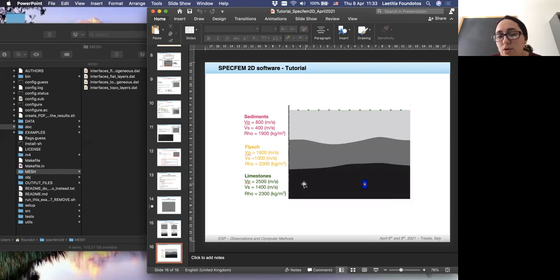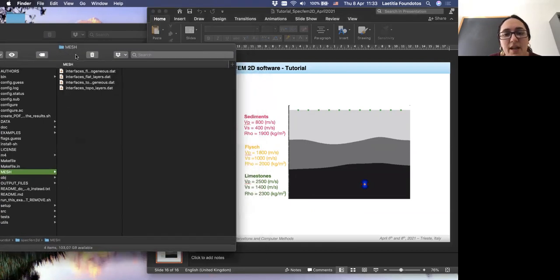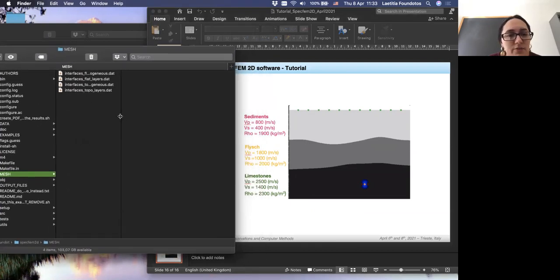But now we also have to indicate to the program these two interfaces: this one between limestones and flysch, and this one. I added some topography for this interface inside the geological model between flysch and sediments. And I have to indicate all this information to the program.